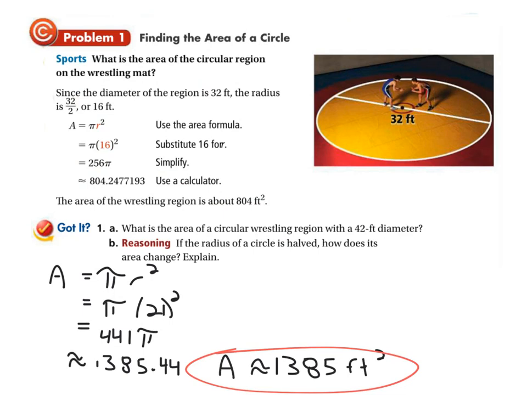And this is going back to a little bit of an earlier lesson, but it says if the radius is halved, how does the area change? Well, we know that if we have a scale factor of 1/2 for a length, which we do, if we turn that scale factor into 2 dimensions for area, we're going to have to square that. So we're going to get half in each direction, or half of a half, which will be equal to 1/4. So we will get 1/4 of the original